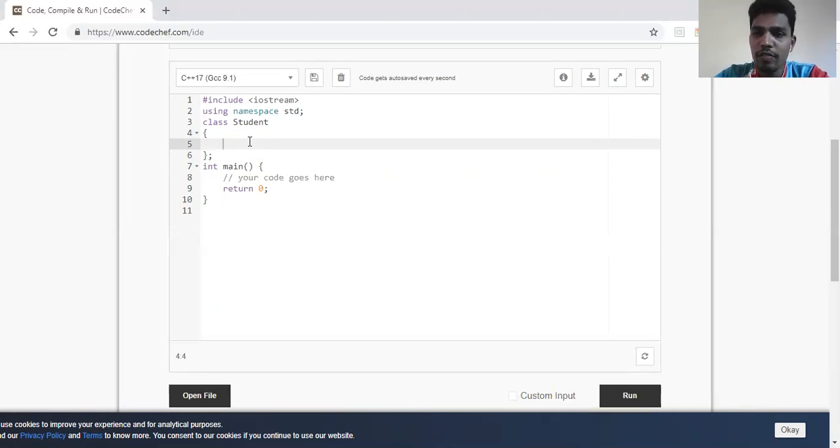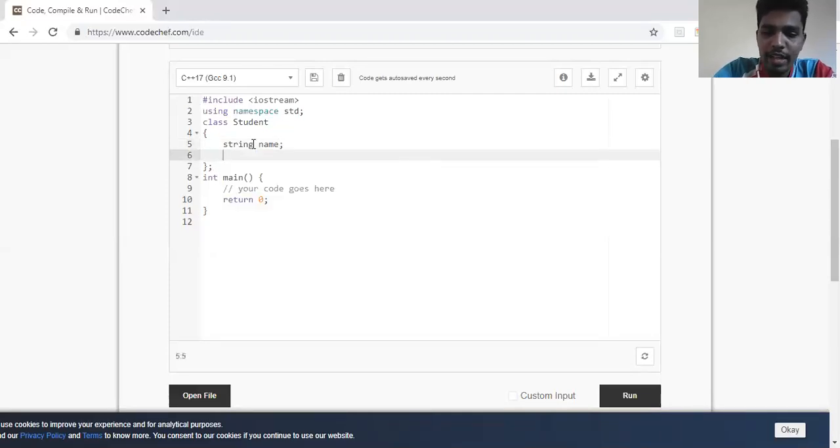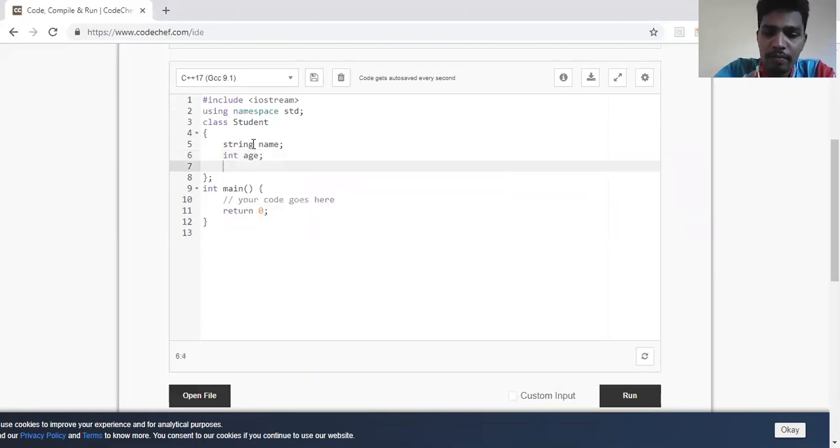This combination of attributes and methods, which we call properties, is called encapsulation, where the data and its operations are bound together as a single unit. We'll see how we actually bind the data and operations. Consider the class student. Certain attributes a student can have: a name, which we'll take as a string; age, which I'll consider as an integer; and then a double, CGPA, to store the average score. So we'll use double for CGPA.